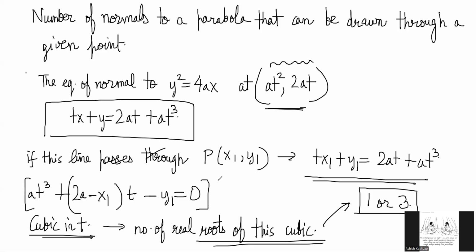So we will discuss this condition slightly later when we look at some problems based on this. For now, just know that you can have 1 or 3 normals drawn through a point to a parabola, right? Okay, then